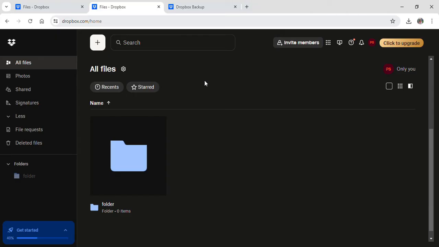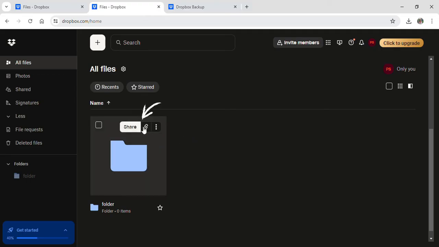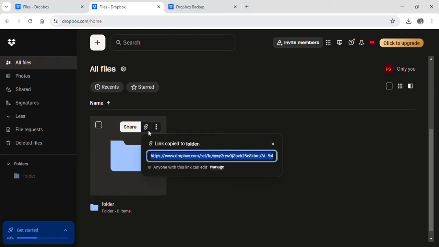After opening the application or the website, simply log in to your account like I already am. Here you can see that this is a file name folder, and now I want to share it with someone. To do so, all you have to do is go to your files and you can see a share option, and beside it a copy link button. If you click on it, you can see that a link has been copied into my clipboard, and now whoever has this link is going to be able to access and edit whatever is inside